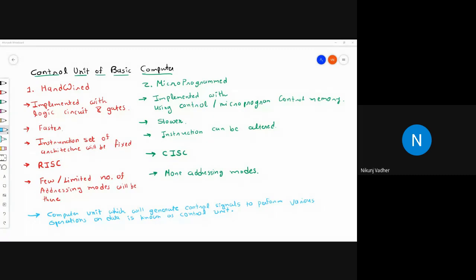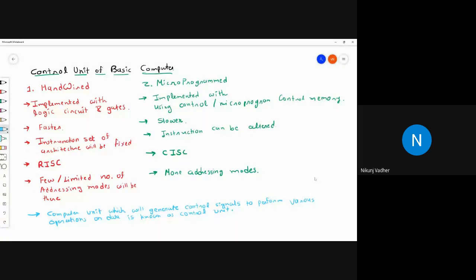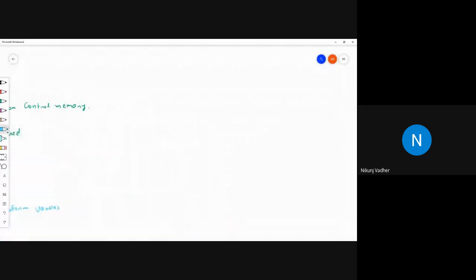So let's try to discuss the basic architecture of control unit, how the control unit will work. Let me draw a basic architecture of the control unit.